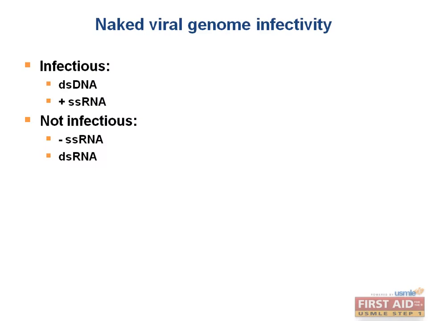Now, do you understand why this is the case? This looks like a very random list, doesn't it? Double-stranded DNA does not have anything outside of its genome that it needs to be able to enter a cell, replicate, and therefore be infectious. The two exceptions that you need to know are poxvirus and hepatitis B virus because they require their own polymerase,